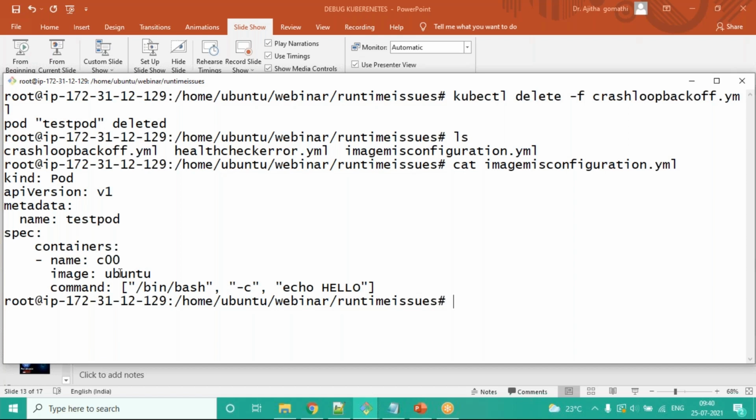But now in this example, all I'm going to do is run a simple command called echo. Now what will echo do? It will just print some message, and then it will complete its execution. So this is how, as soon as the container starts